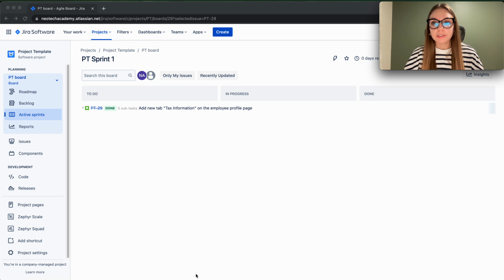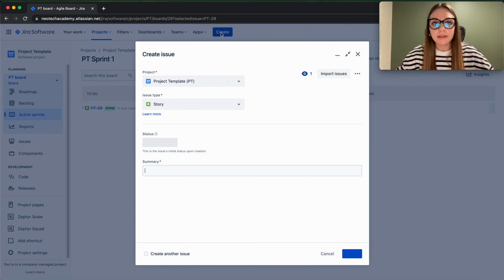Because for your team it's important to show what you are working on, for visibility, and to show where your time and capacity are going. So these sorts of stories are called technical stories. And in order to create a technical story, you do exactly the same thing as with regular stories. Just hit create right here,